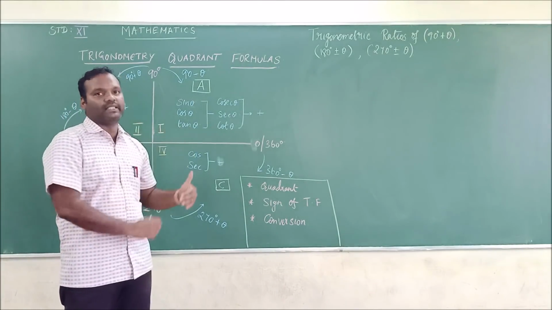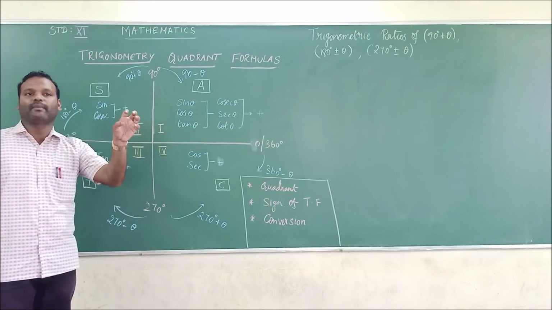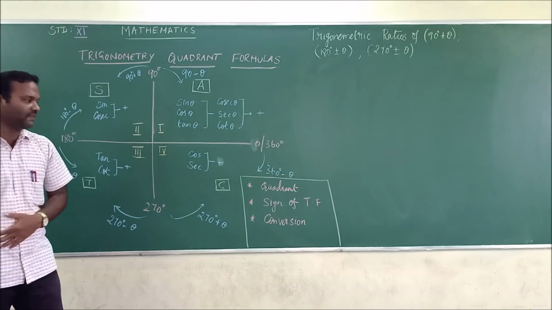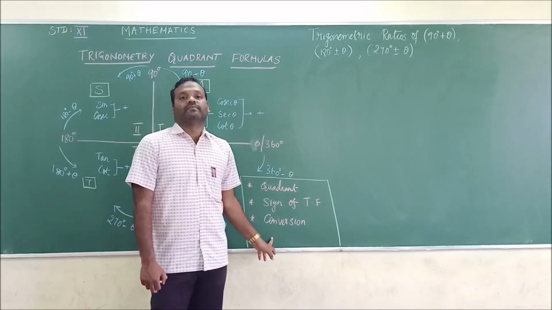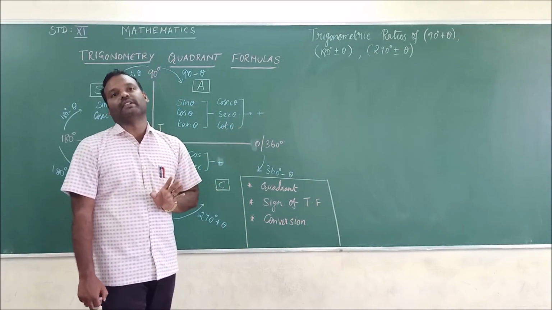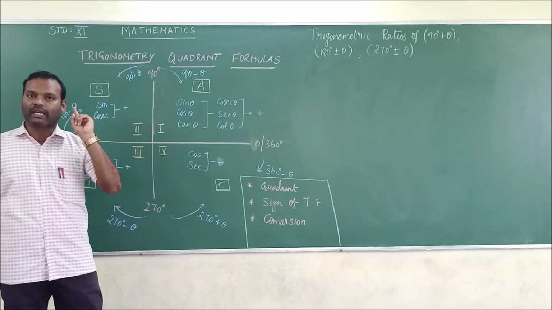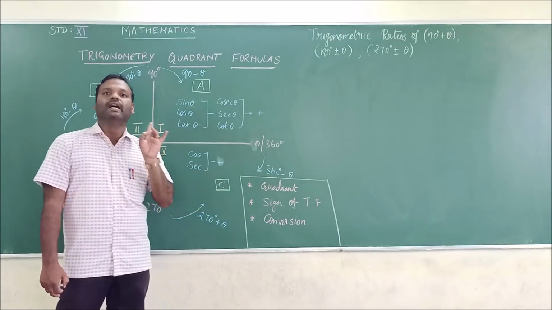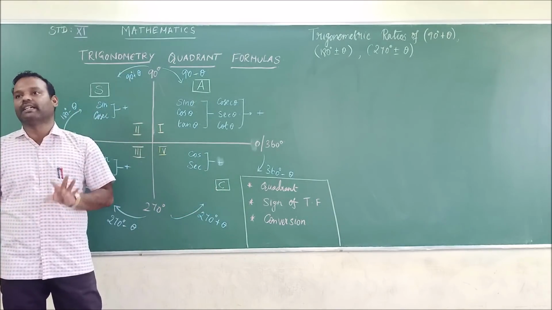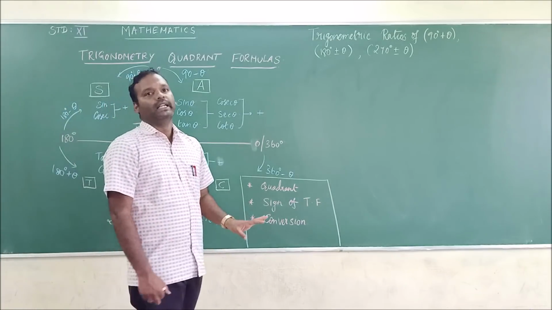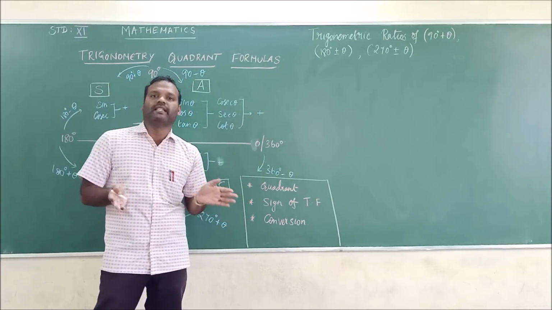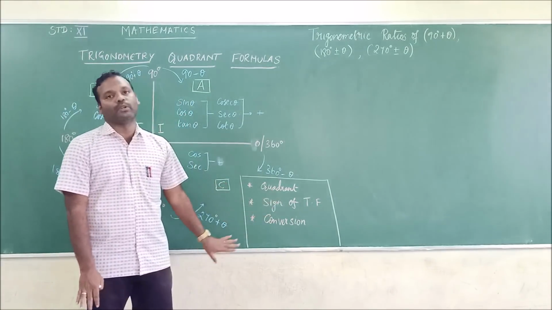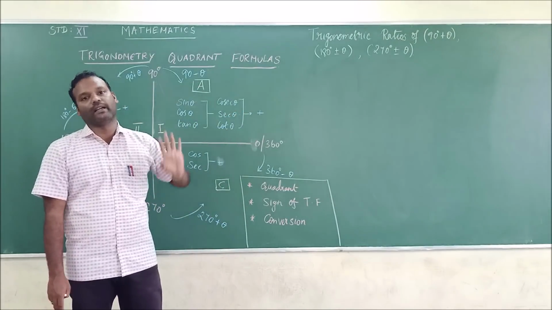So you will be given some trigonometric function. You have to identify whether that trigonometric function is positive or negative. Third one, conversion. If there is a necessity for a conversion, I have already mentioned that you have to convert if your ratio is 90 plus or minus theta and 270 plus or minus theta, then only you have to convert. If you are having 180 plus or minus theta, it means there is no need of conversion. So these are the three steps you have to follow while writing the trigonometric ratios.